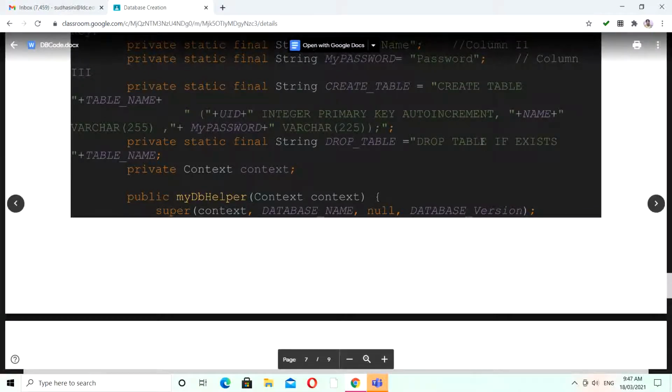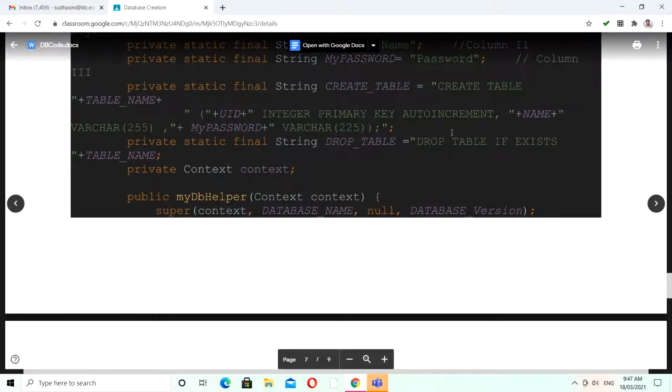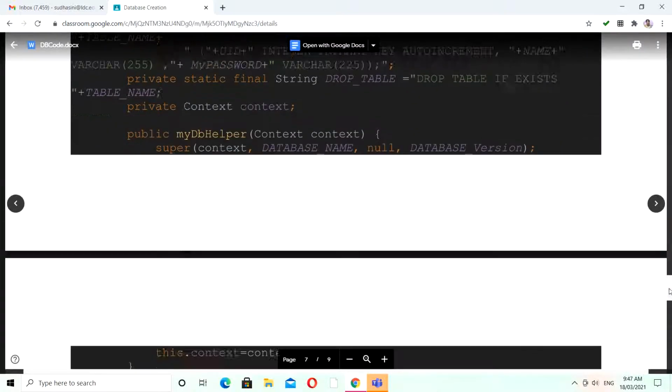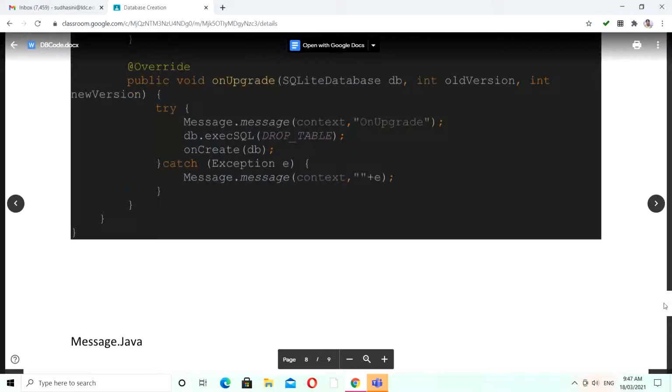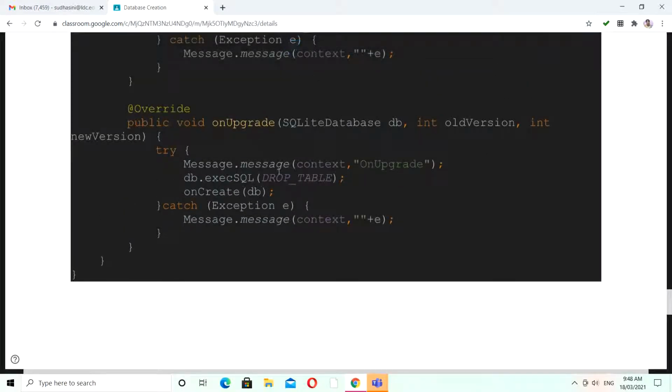If the table already exists and you want to create it again, I can make use of this drop table, and your table will be dropped if it already exists. If you want to create it new, and remove all the inserted data which is already there, I have to make use of this. That is what happens in the new version: apart from the second and third parameters, you are just going to drop the table.